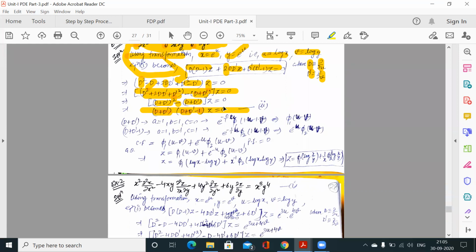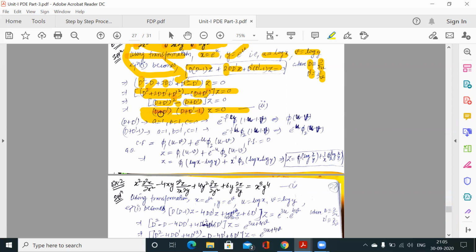So here, because the right hand side is 0, this is a homogeneous equation, and for a homogeneous equation we need to get only the complementary function, because PI is 0. So now to find out the CF.